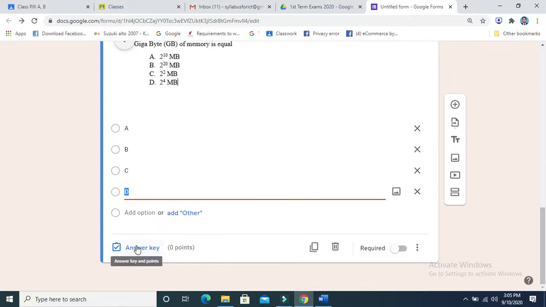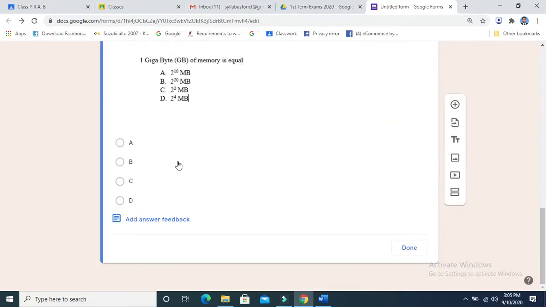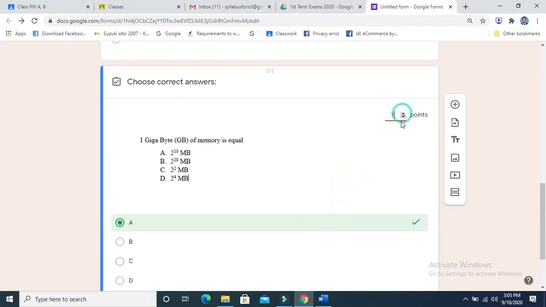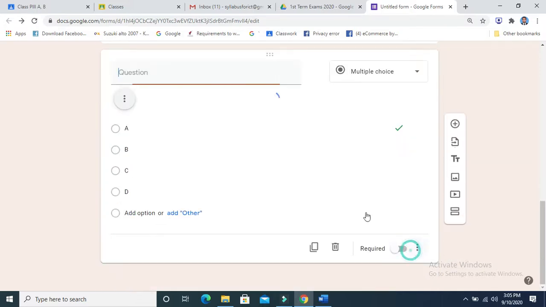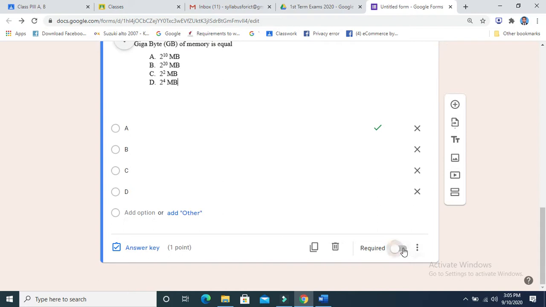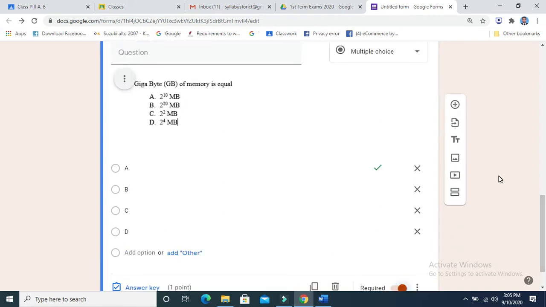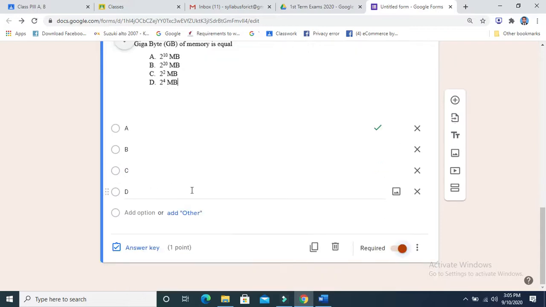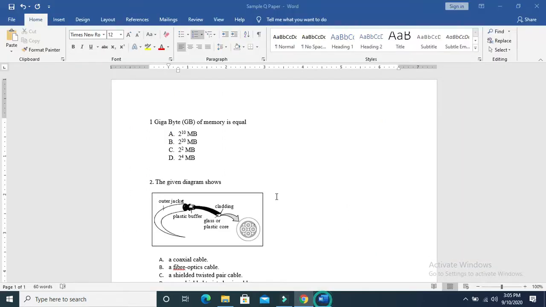Whatever the option is, for example, suppose option C is the answer, I am going to set the answer key. I will say that option A is the answer, and I will set the marks. This is the thing that you will have to do for each MCQ, and I will click done, and I will also click required yes. So after writing the text of the MCQ, meaning the stem and the options, you are setting 3 things: the answer key, the mark, and the required yes. These are the 3 things that you will have to set. I think this is now clear, and this number of questions is enough, and you will be able to understand.